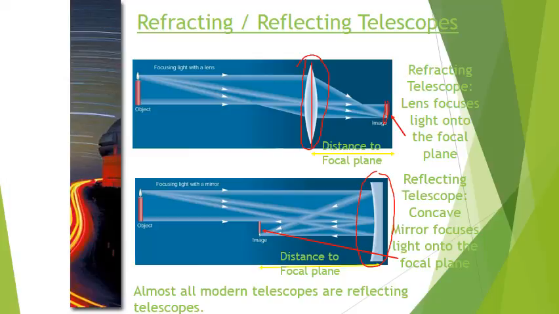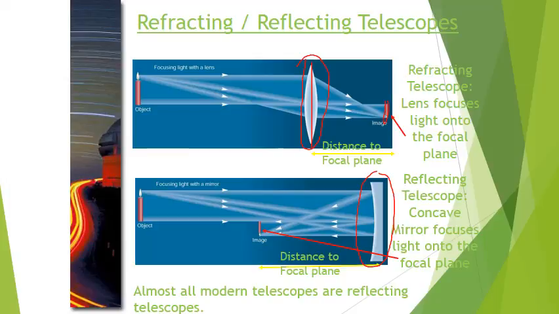First of all, with a lens, you have to support it because the light has to pass through it. You can't block the lens. You can only support it on the outsides. And glass gets really heavy, especially when you get large lenses. That means the telescope gets really heavy, and to engineer it to hold the lens just on the outside gets to be quite a feat.